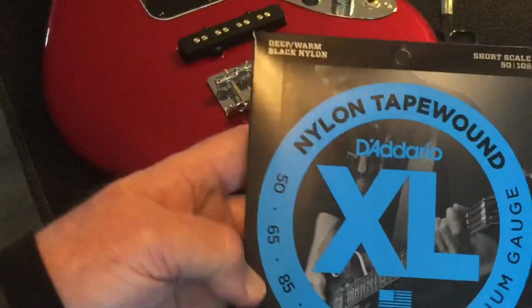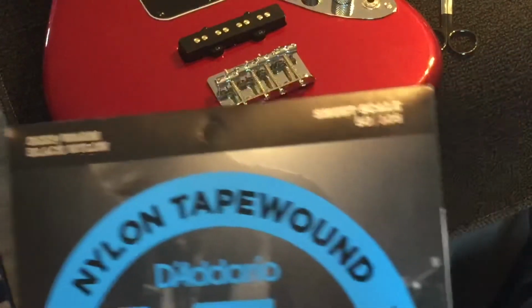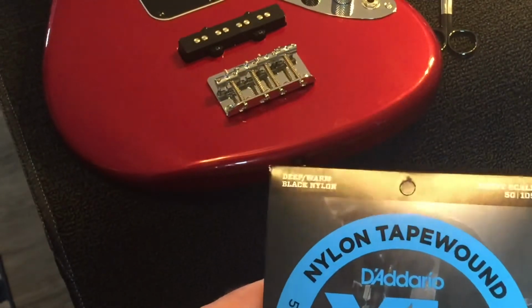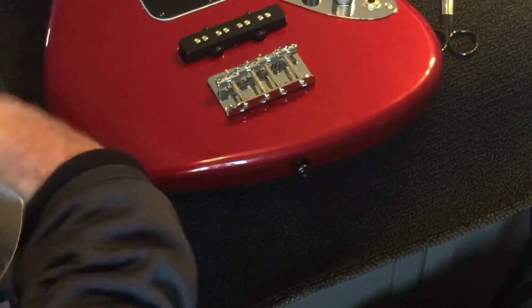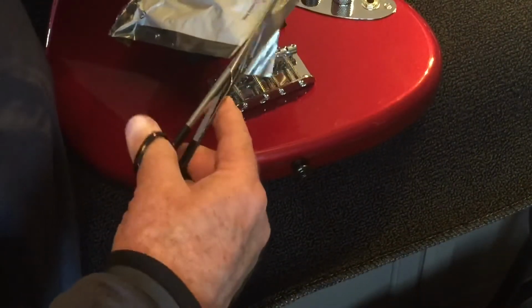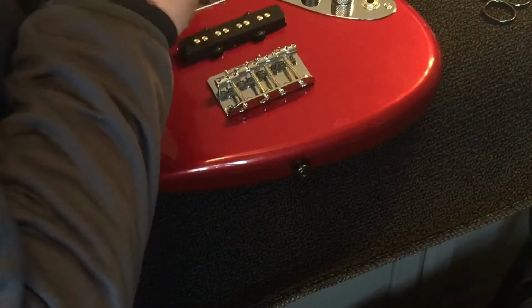All right, so here's the new strings, the nylon tape-wound D'Addarios, short scale, 50 to 105s, with a deep, warm black nylon, it says. So we're going to take these guys out. We're going to cut the bag open out of its corrosion protection package, and then we'll answer the phone, maybe,